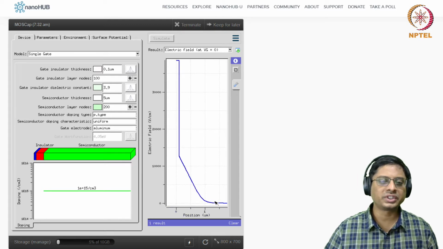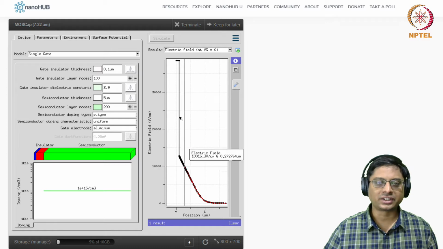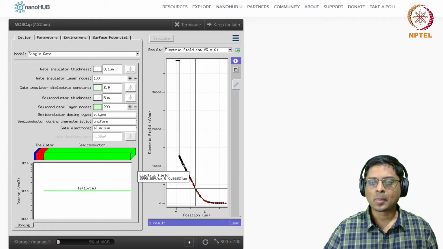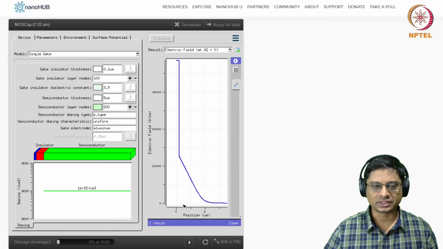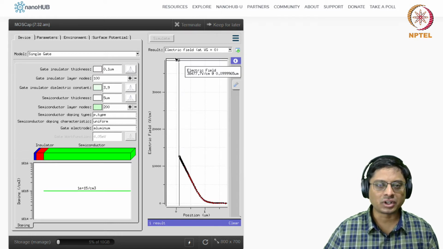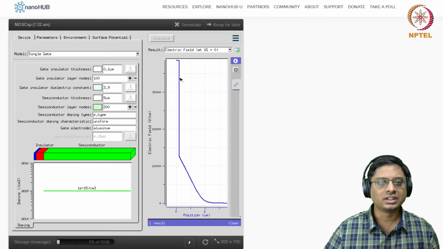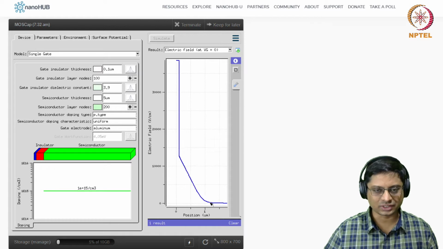Okay, so what you see is the electric field is a linear function in the depletion region, and there is a small region here. I think the interface is now 0. So this is the gate; left of 0 is the gate. There is 1 micron thickness, and then there is this field difference here, and then there is a linear change.